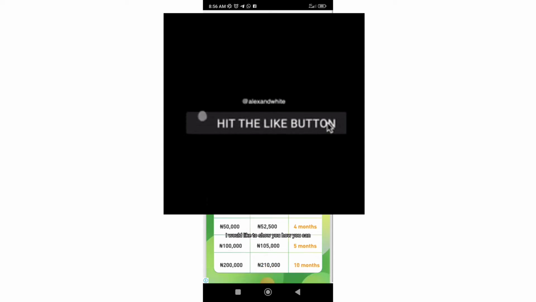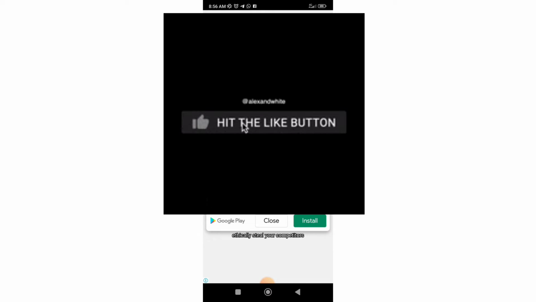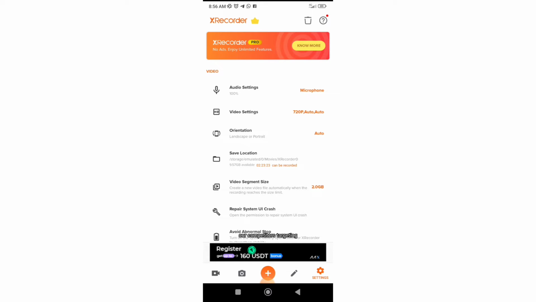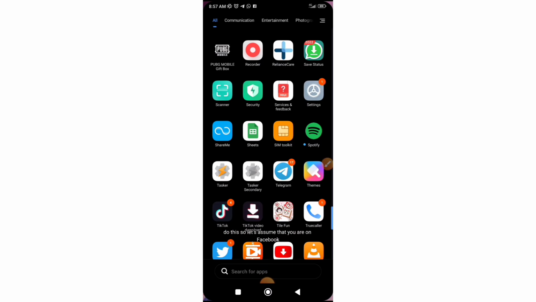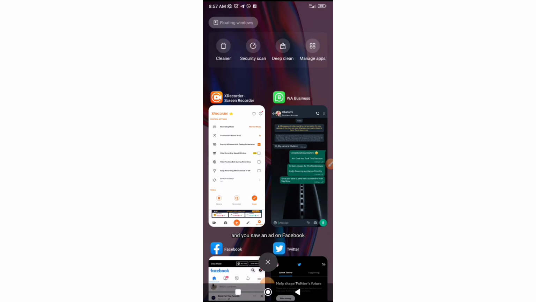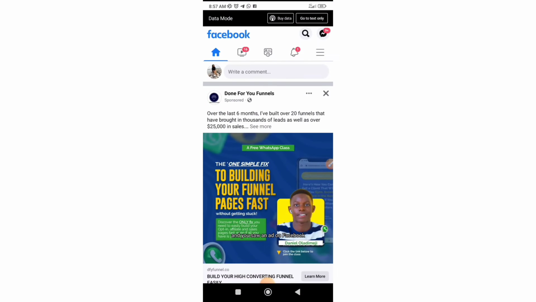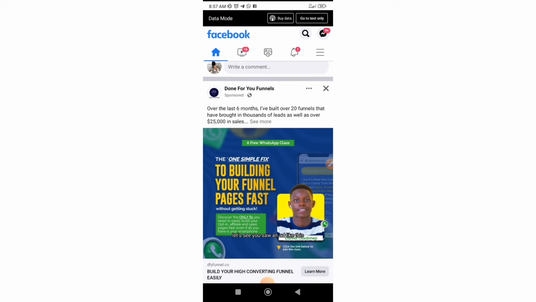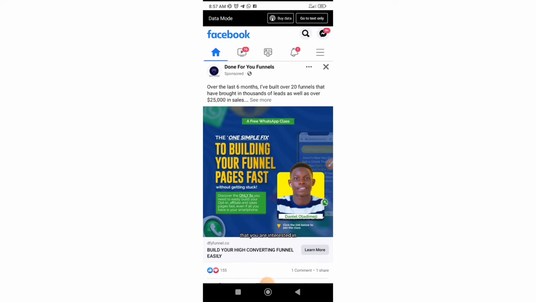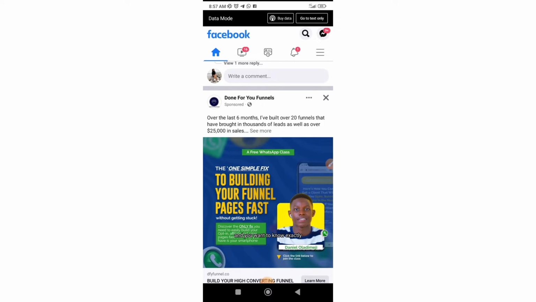Alright, so if you're into online marketing, I would like to show you how you can ethically steal your competitors' targeting. Assume that you are on Facebook and you saw an ad on Facebook. Let's say you saw an ad like this, and it is actually in the niche that you are interested in,